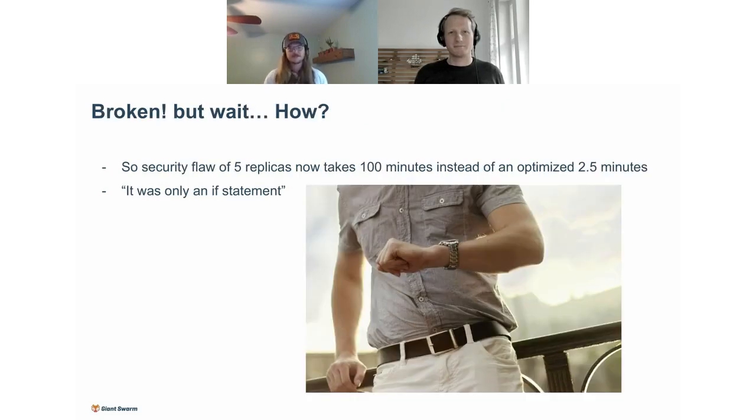All of a sudden you get the pager. You get the pager and you're going, hey, what's going on? Well, there was a security flaw that was found. And now, instead of just making this change, rolling up our release and pushing it, the 5 replicas now take us 100 minutes if we're rolling one by one, instead of 2. So 100 minutes instead of 2. Think about a P0 situation, what that opportunity cost and business value is actually going to be. So going back to our first point, the portability, the speed, the agility to be able to make these changes.